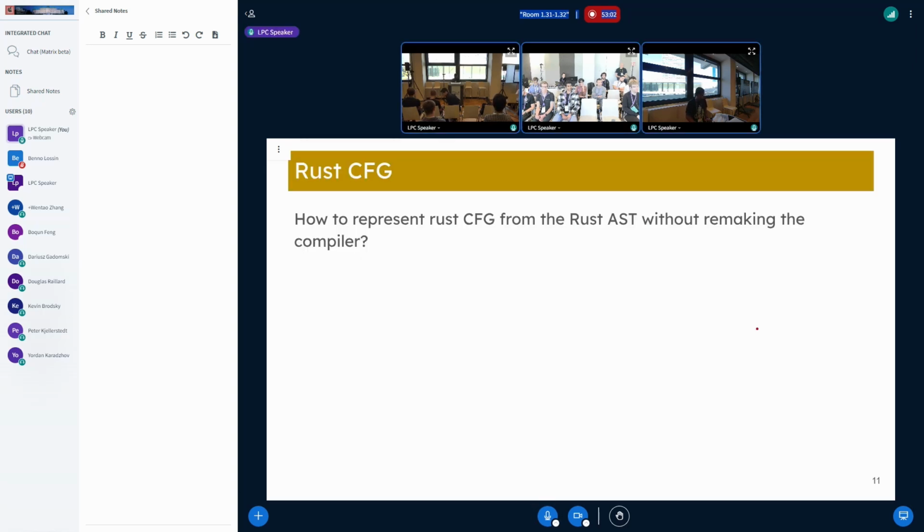So the job we want to do is to represent the Rust CFG from the Rust AST, without remaking the compiler again, mainly because the Rust language is very new, comparatively. Please don't kill me. And so the language changes very frequently. So if we make a handwritten parser, we may have to